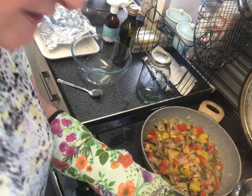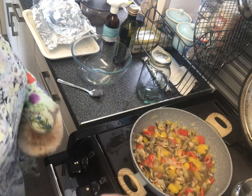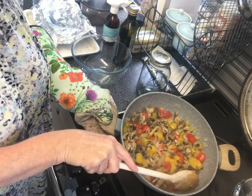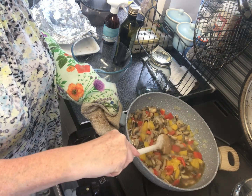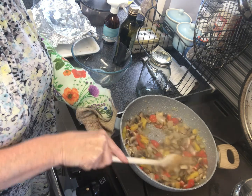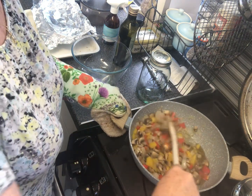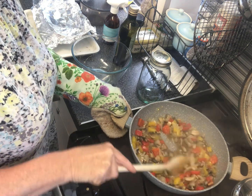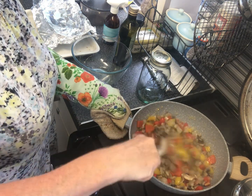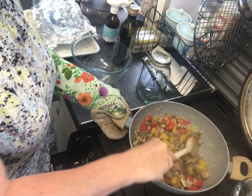Okay, so that's had another 10 minutes, and I don't know whether you can see, there's a lot of liquid. Can you see that? A lot of liquid cooked out of the mushrooms. So I've taken the lid off, and I'm just going to let that dry off. Is that the right phrase? Let that liquid cook down,